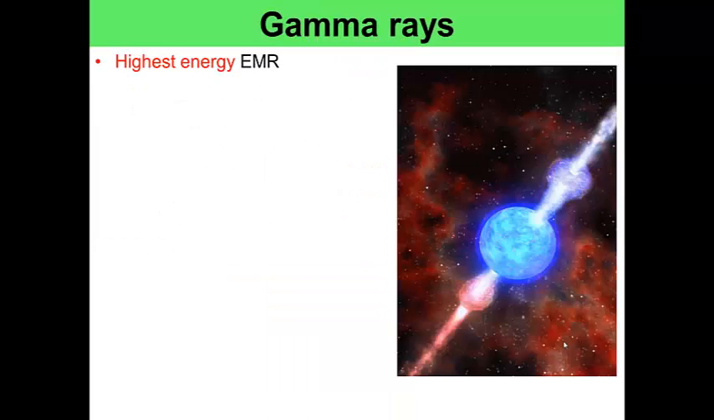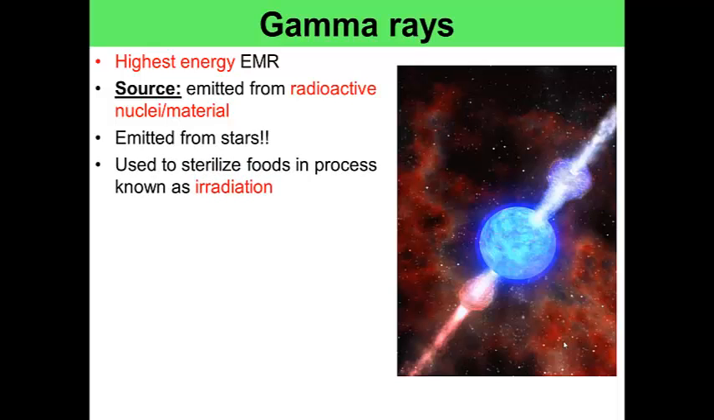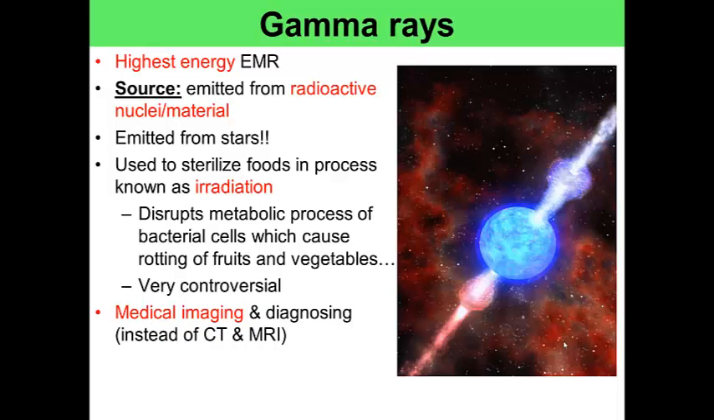Gamma rays have the highest energy electromagnetic radiation. The source is radioactive nuclei or material. It is also emitted from stars. It can be used to sterilize food in a process called irradiation. It disrupts the magnetic process of bacteria cells, which cause the rotting of fruits and vegetables. It's a controversial process. You could also use it in medical imaging and